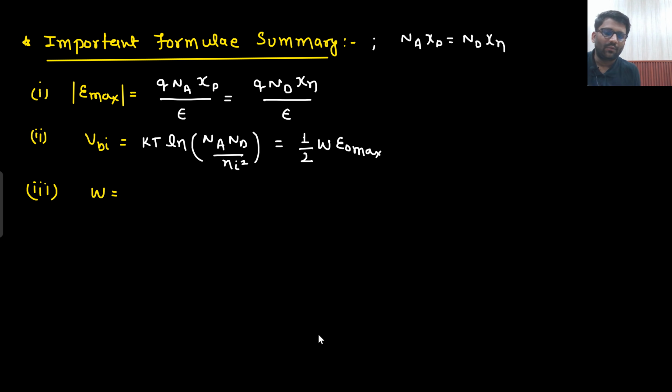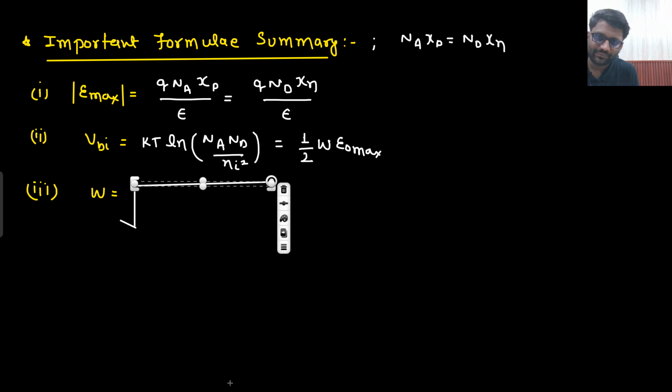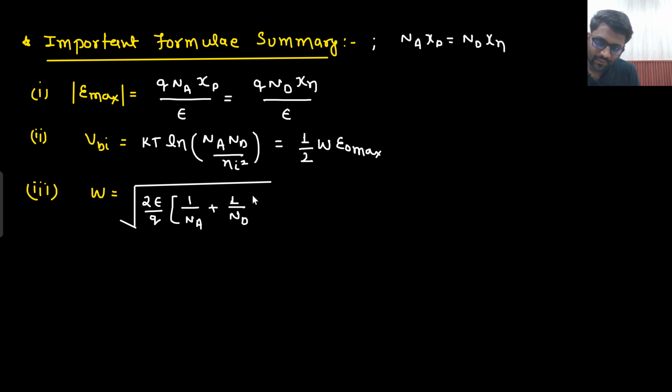Okay. Sir, what is the formula of depletion width? Sir, two formulas we saw. Sorry, only one formula we saw. That is, only one formula was there: 2 epsilon by Q into 1 upon Na plus 1 upon Nd, multiplied with V built-in potential. Along with that, other things also you can see that my Xp naught would be equals to W